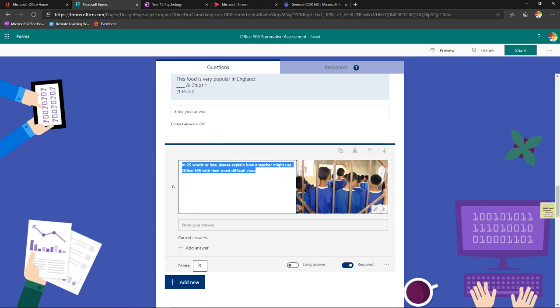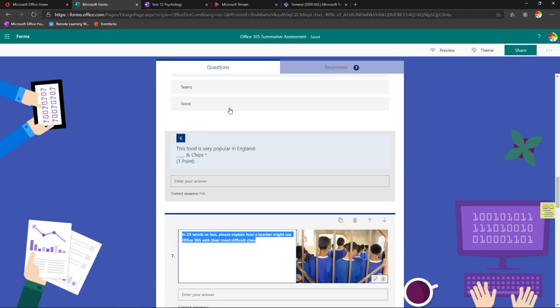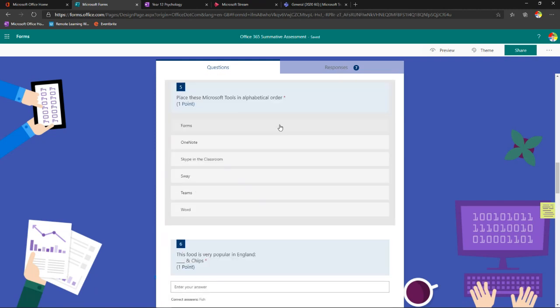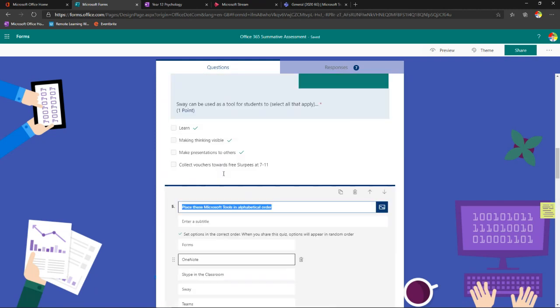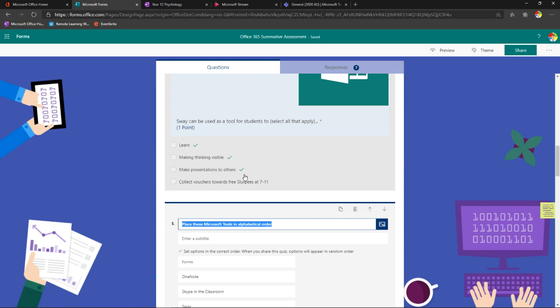But when they sign in, it's automatically recording their name. And then basically any question that has a definitive answer is auto-graded, right? Because I've given it a definitive answer. Here we know it's fish, here we know it's this order, here we know it's these 3 questions, it will